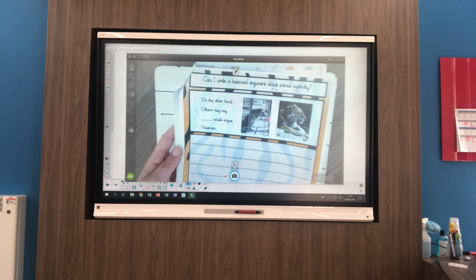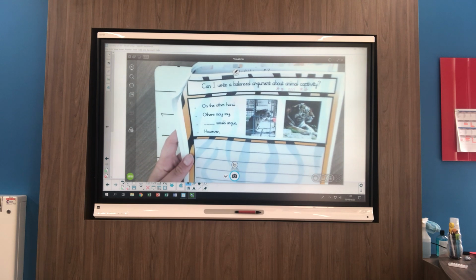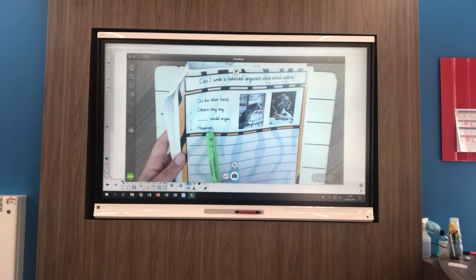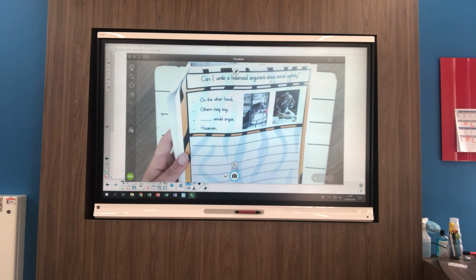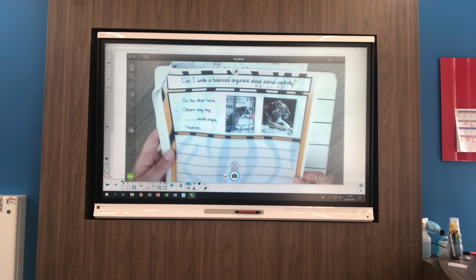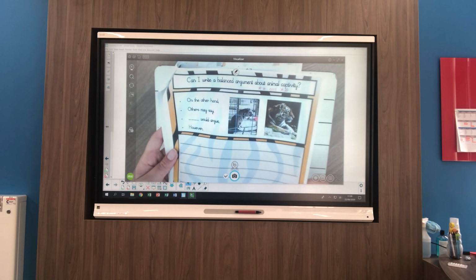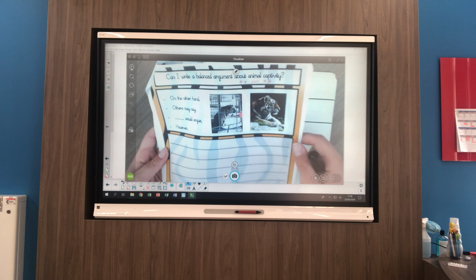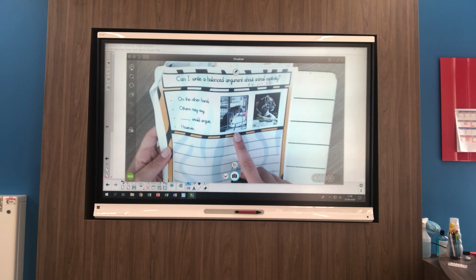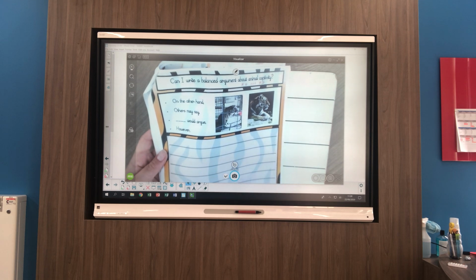Now I've put the 1 and the 2 star on just to show you that there is a word bank of ideas, those contrasting conjunctions that I want to see. I have put a picture in there, but it doesn't have to be of tigers if you don't want it to be. It was just an idea so that you can see one animal there. That picture's quite effective if you were arguing against zoos, so it's showing